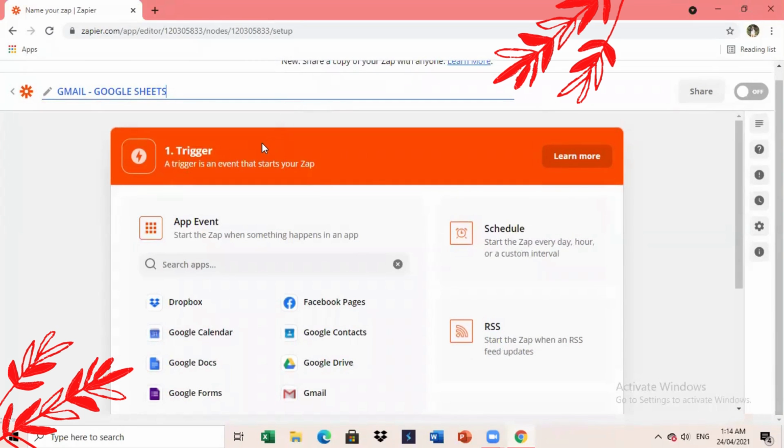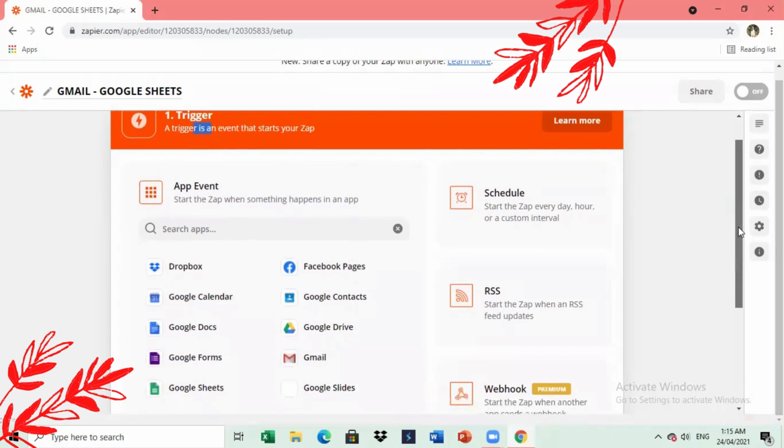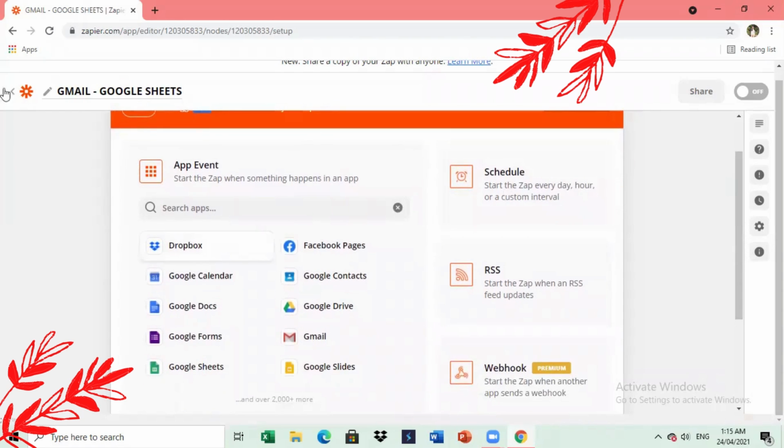So we have to select a trigger and an app event. Trigger, by the way, is an event that starts your Zap. So it's like the initiator. The app event, on the other hand, starts the Zap when something happens with the specific app that you have selected. So in my case, the app event is